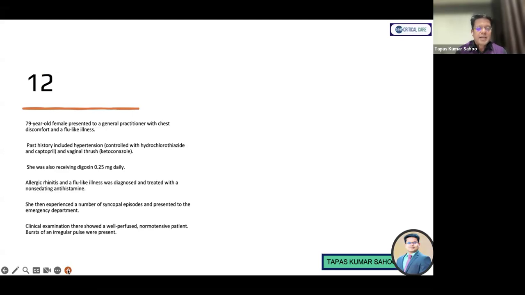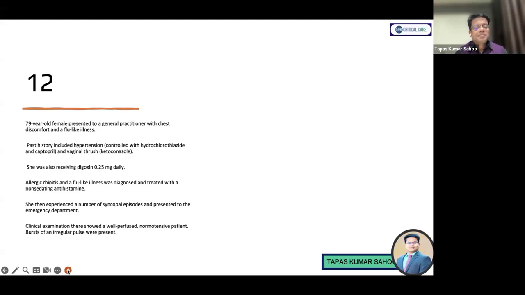She has allergic rhinitis and a flu-like illness, and started taking a non-sedating antihistamine. After that, she experienced a number of syncopal episodes and presented to the ER. Clinical examination: well perfused, normotensive, but when you did the ECG in the ER,